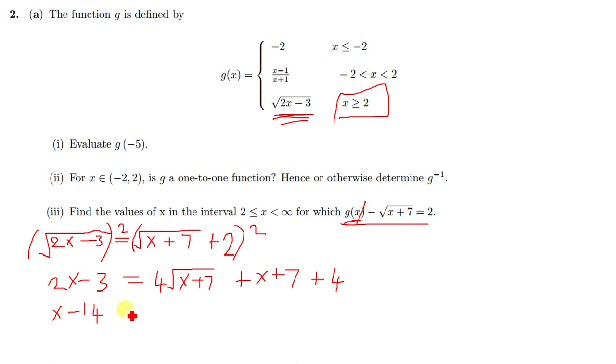So this side will remain with 4 root x plus 7. So here again we do the same. We square this side. We also square this side. So when we square this side, we are going to get something like this: x minus 28